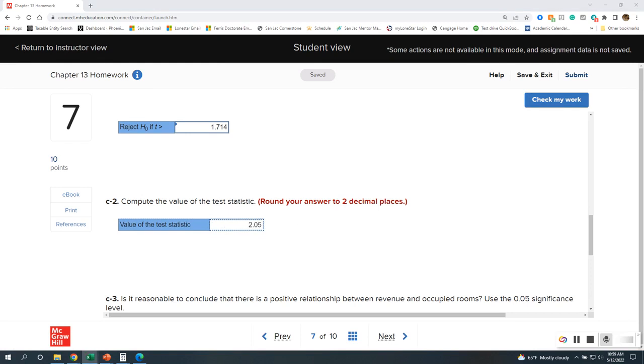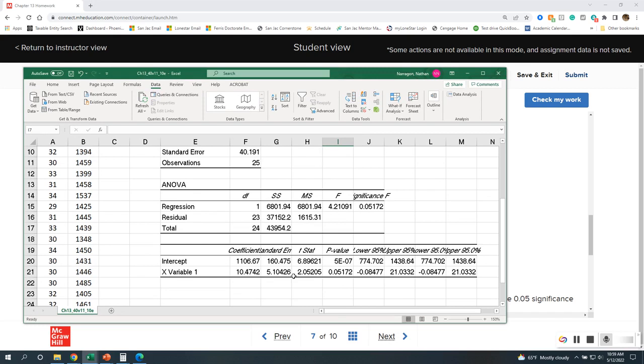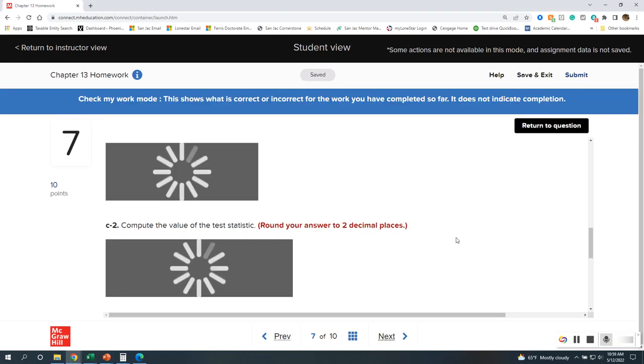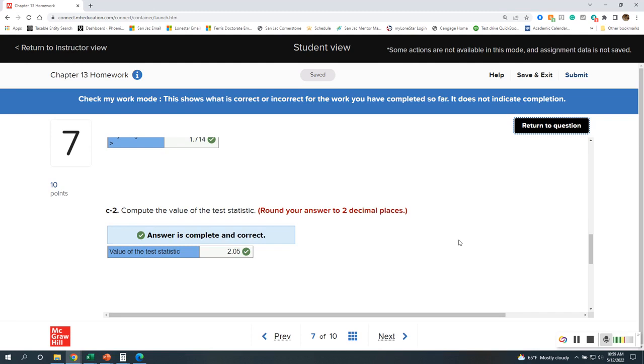Again, if not, here you go. Notice with our rounding, still 2.05, because we have to round 2 decimal places. So again, just a little rounding issue, but you actually do have it in your regression. It does calculate it out. But since I already had the formula, just to double check, since we were rounding,